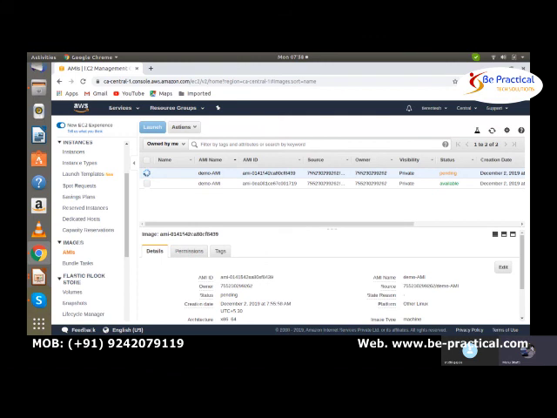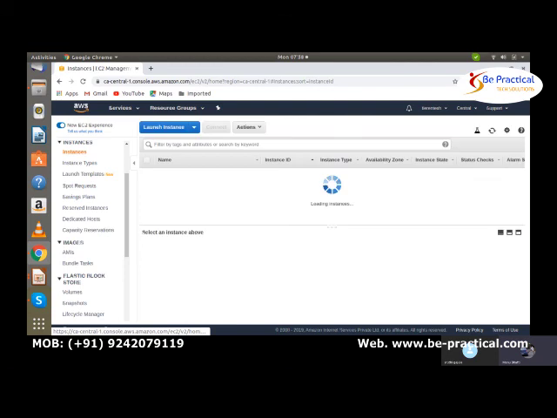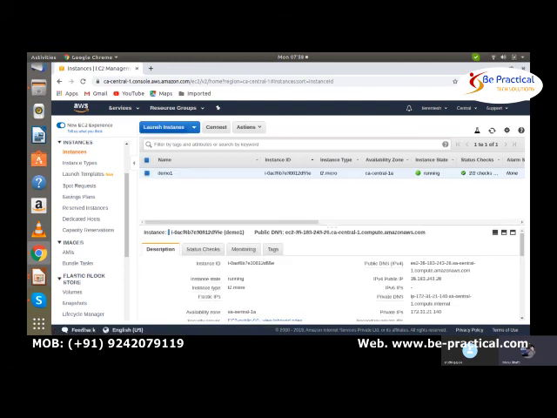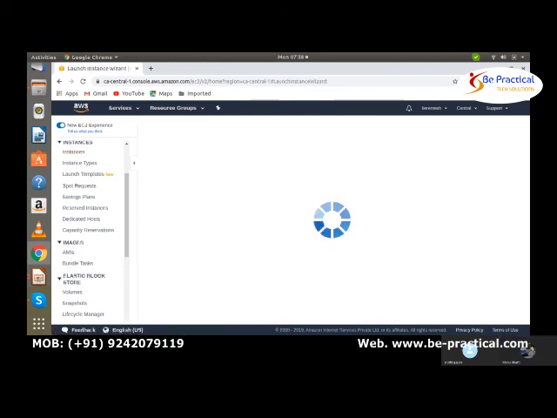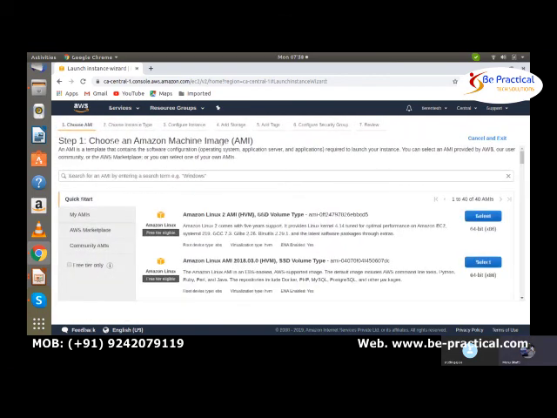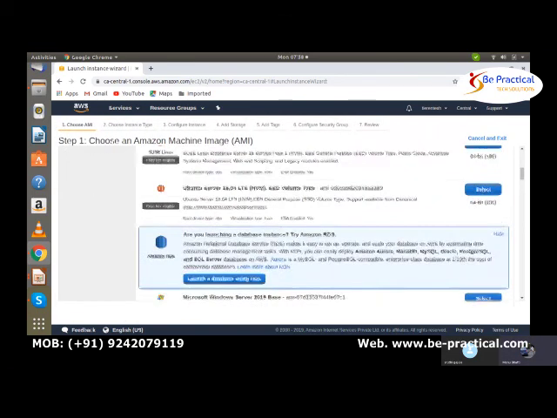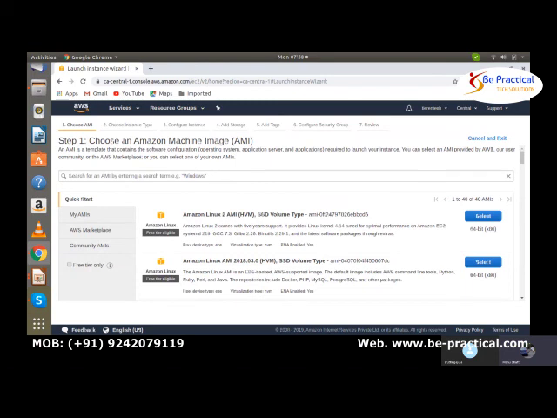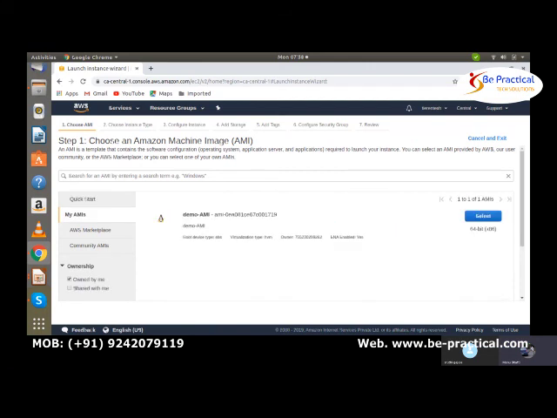Now we have the AMI, right? So using this AMI, we can launch instances. I think you should already know that. If you go to your instances and click launch instance, this is where you select your AMI. Where is your AMI? It will be on the My AMIs tab. Here is this demo AMI that I have created, so you can select this. But here I have not made any changes.